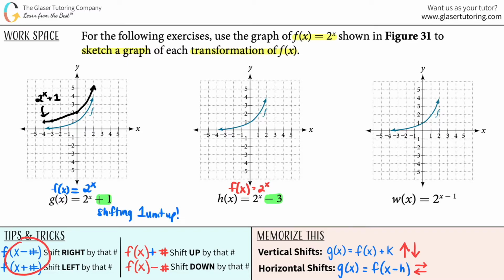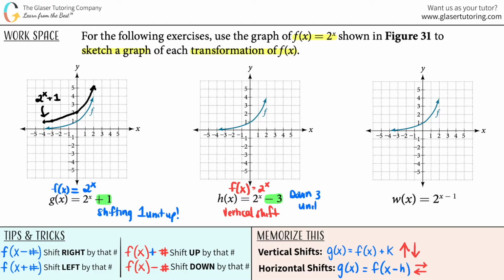It's not in the function, right? Because it's not with the x value. It's after the x, right? So it's a vertical shift. And now it's a negative value. Negatives is shifting down. So I'm going down by that number. So we're shifting down